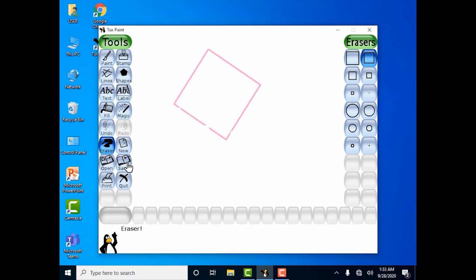After using the Eraser tool, the area will be removed.